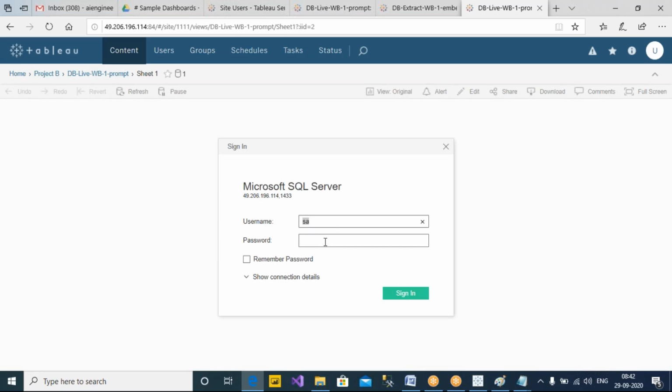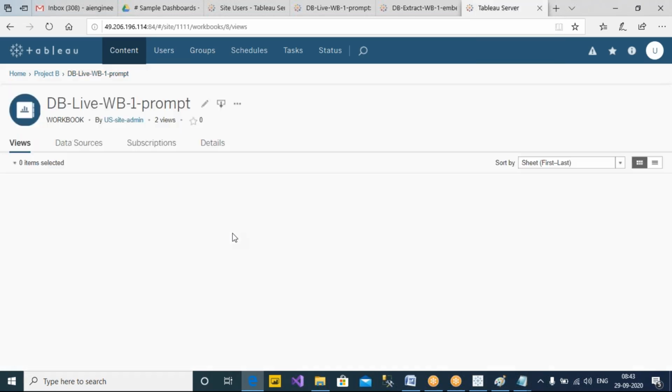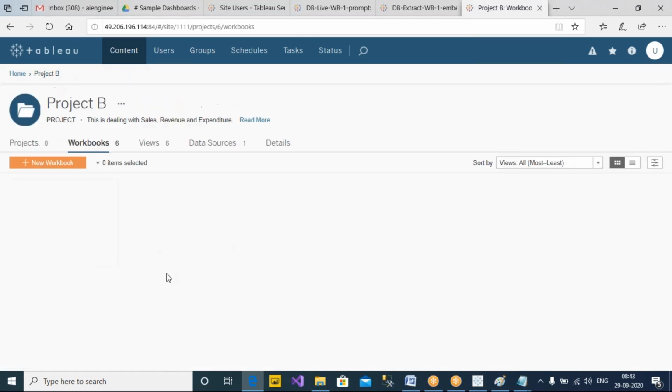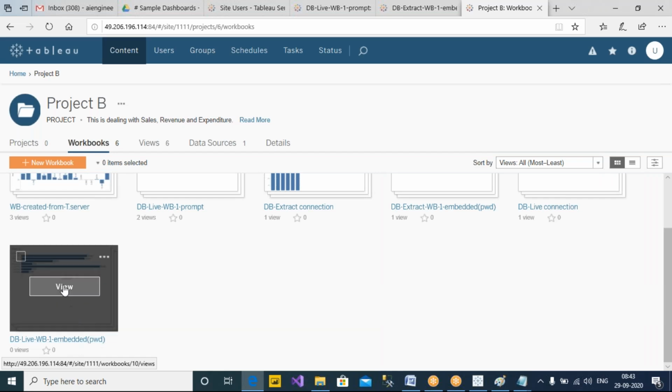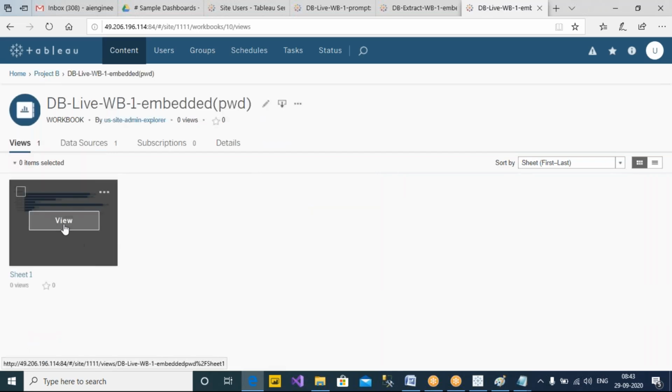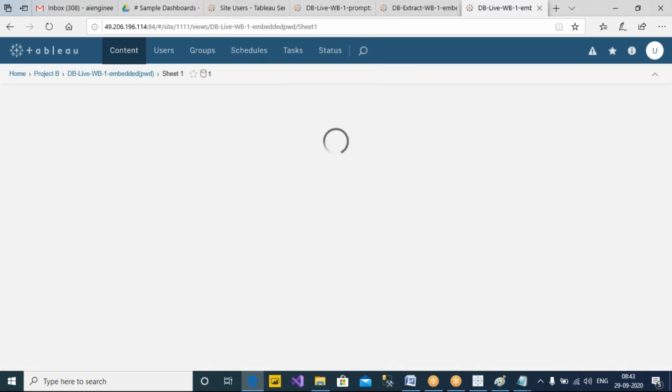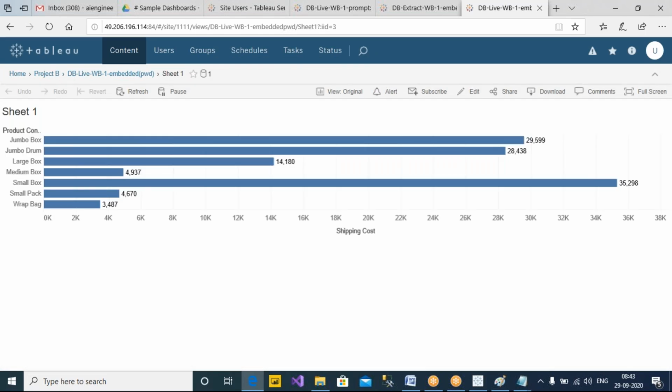So it is prompting for the username and password. This is a live connection. And then go back to the project and the live connection embedded password. So open that. It shouldn't ask any password here. So there is no password. This is also a live connection, right? And let's go back,